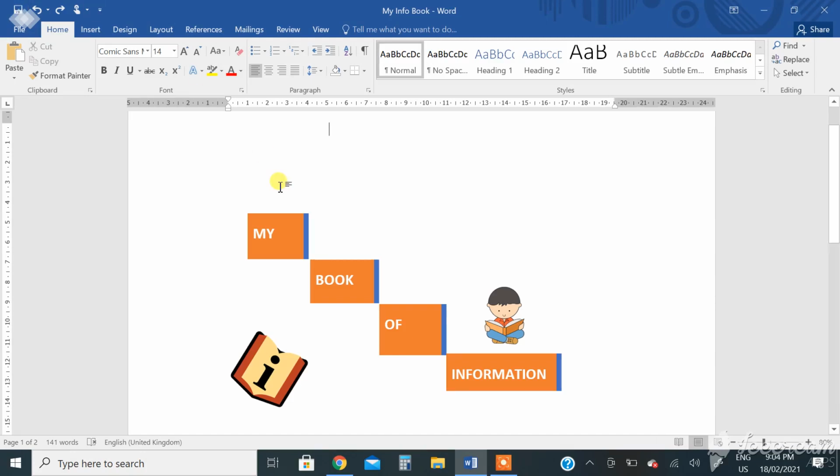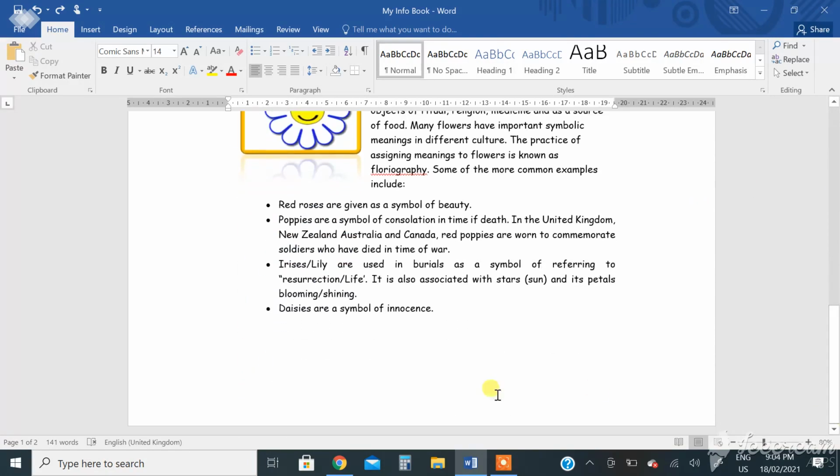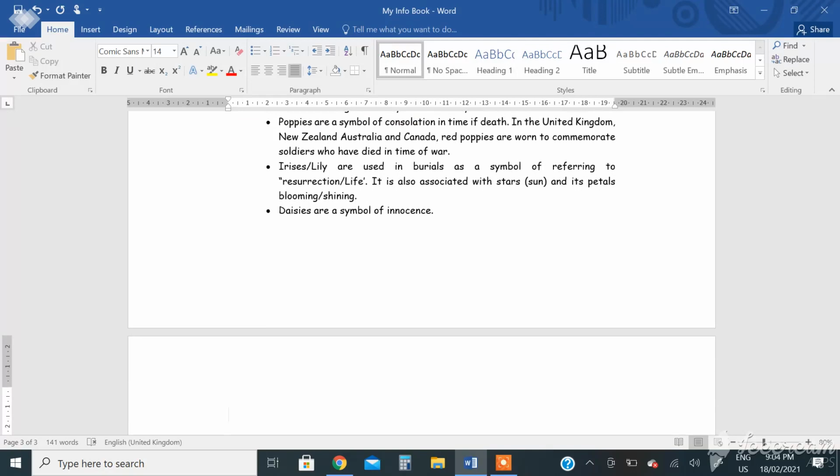Start Word application. Open My Info Book document. Insert page 3 in your document. Okay, you have to insert a third page. So you can press Enter, or you can just press Control and Enter keys. Now here type the following text on this page. Now you have to type what is given on page number 61 or 62. So start typing.